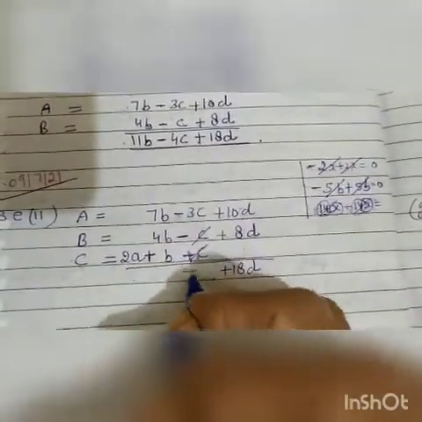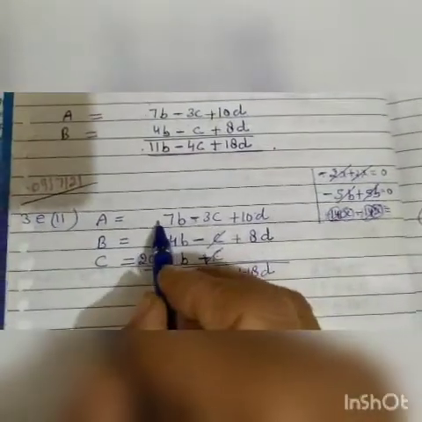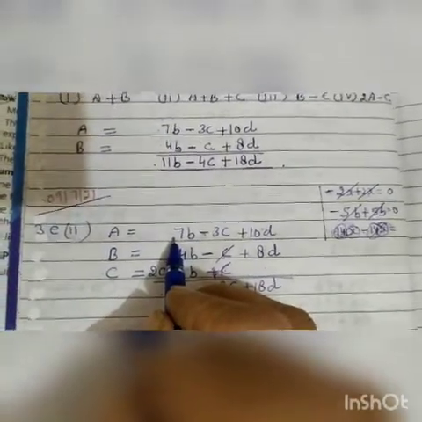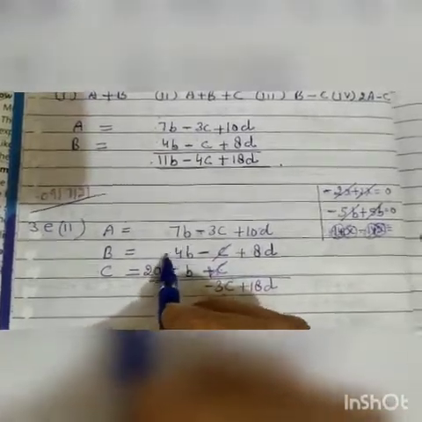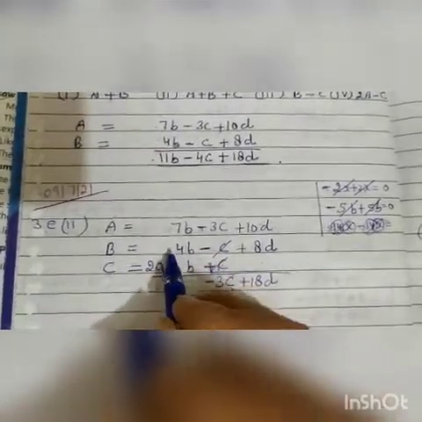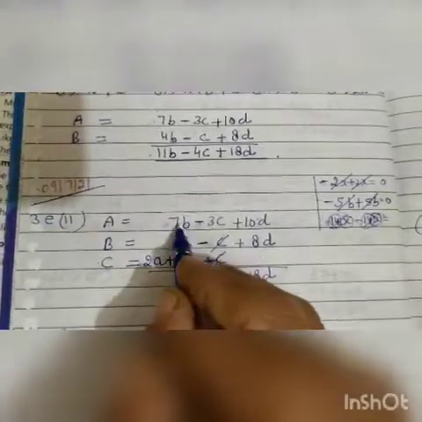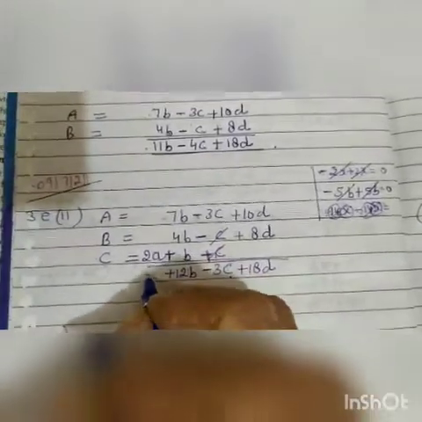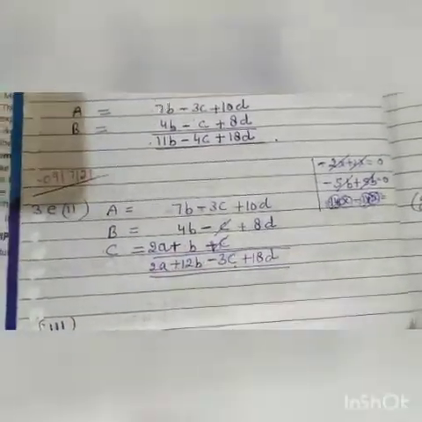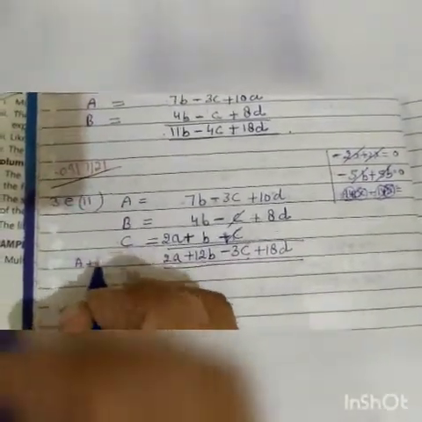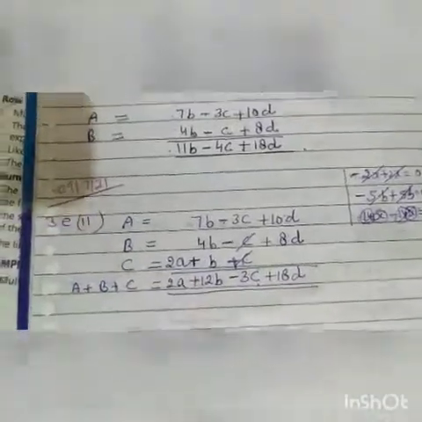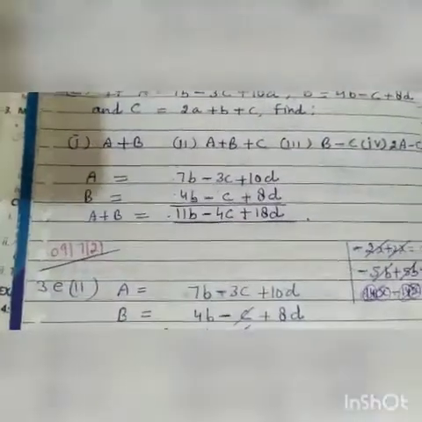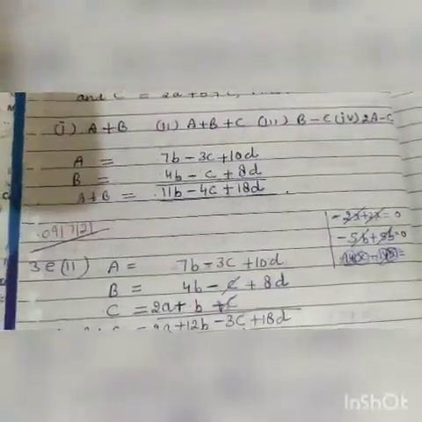Now what is left? It is minus 3c. Now it is plus 7b, you know, if in the starting there is no sign, then it will be considered as plus. So it is plus 7b plus 4b and plus 1b. All three signs are plus, so we will add the numbers. 7 plus 4, 11, 11 plus 1, 12. It will be plus 12b and this 2a will be written as it is. We will write here a plus b plus c equals this. Here also you can write in the first question which was done in the previous video, a plus b. Clear?